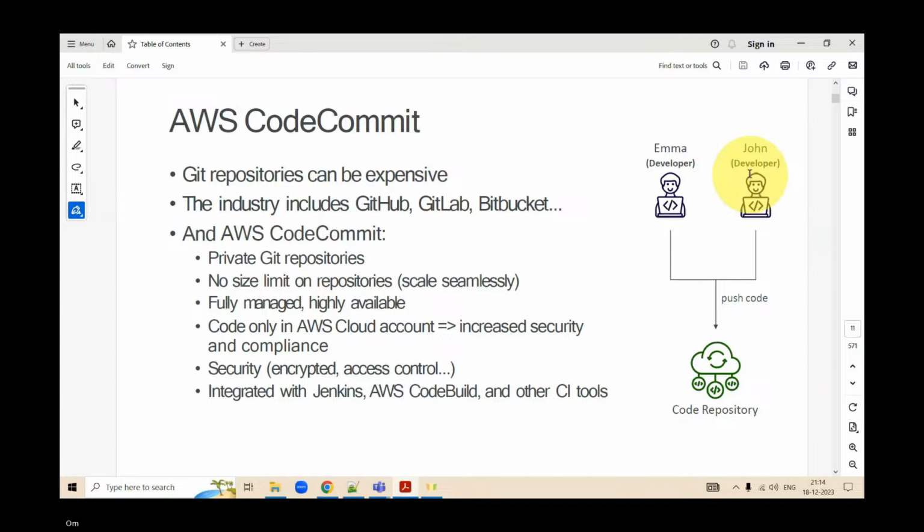Clear? Yes. Now, there are provisions that you can move this code, which is in the AWS repository, to Jenkins, that is a third-party tool, or you can move it into CodeDeploy, that is again an in-house CI/CD pipeline, what you call a build and test one, or you can use any CI tool, any continuous integration tool.